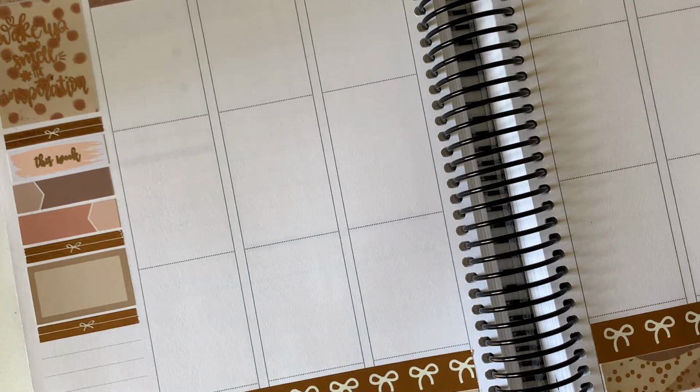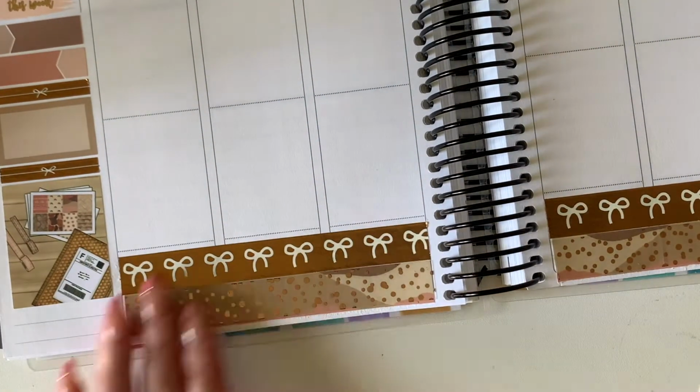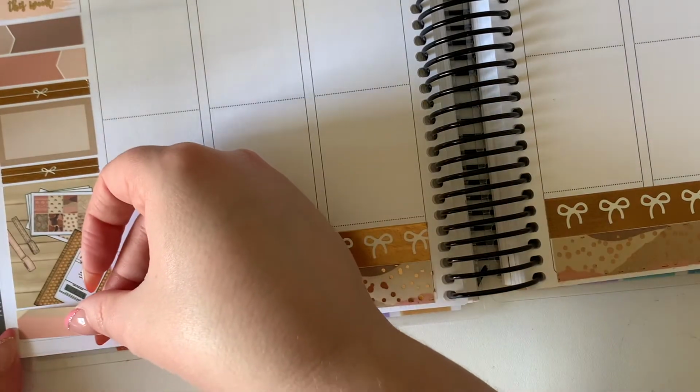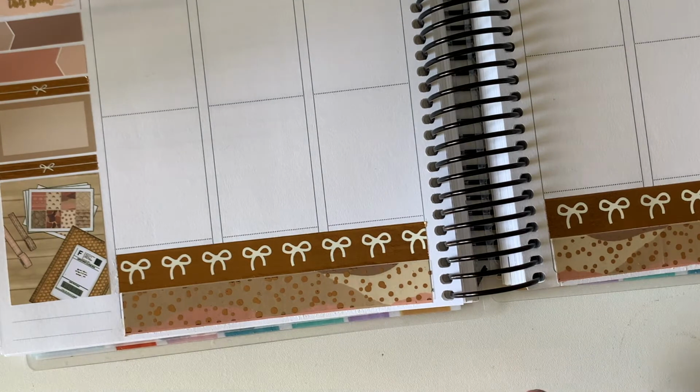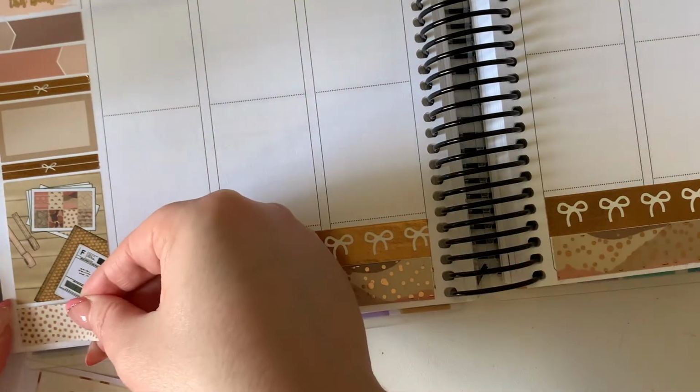So I put an overlay over the top of that, and the overlay is from Stella Bow Sticker Co. And then I peeled that off and I placed it as a full box, which I thought was pretty clever of myself. And I really, really like the look of that. And the quote says, "Wake up and smell the inspiration," which I just thought was a really nice quote, because